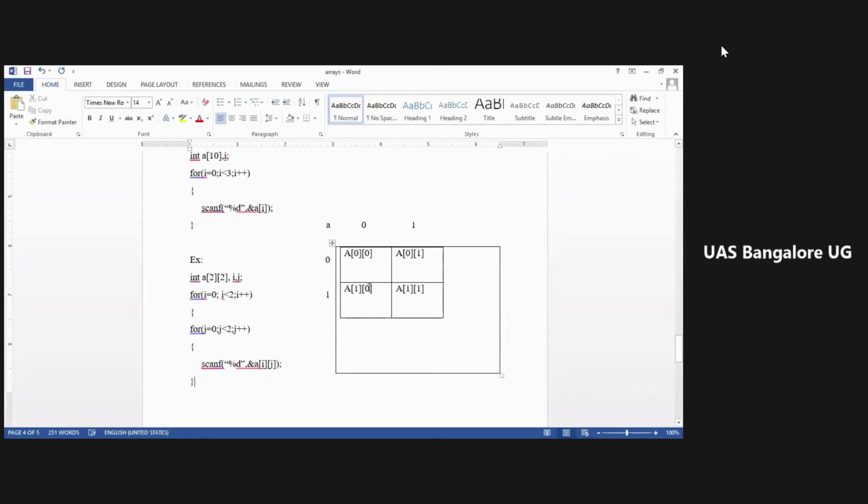So this you have understood. See here, I have just taken i and j. i is for the row, j is for the column. I have taken two for loops, a loop within a loop. Whenever you have a loop within a loop, the innermost loop should run first. That is, the innermost loop will execute completely, then it will come to the outermost loop. Now, according to this, I'll explain again.